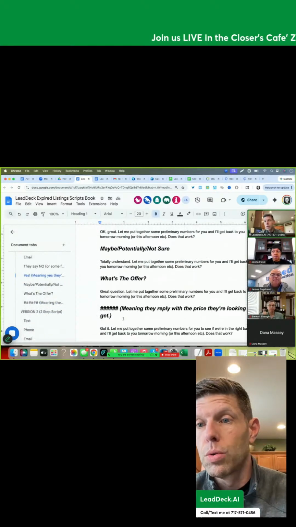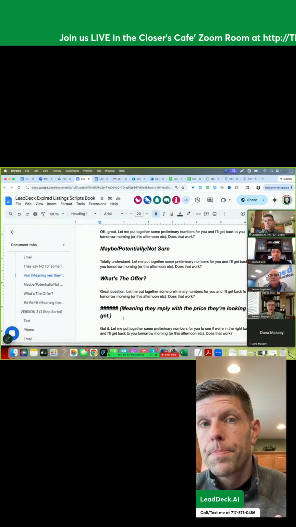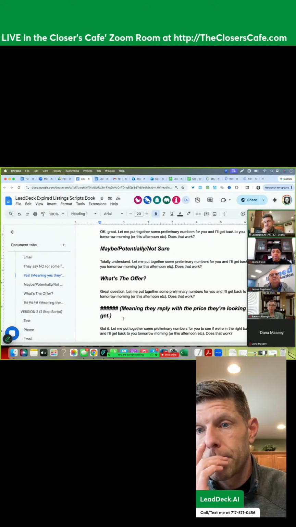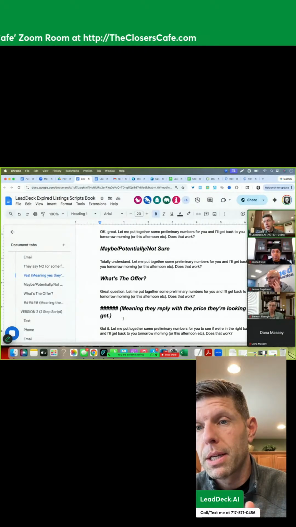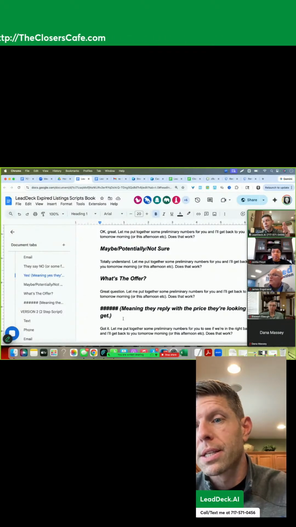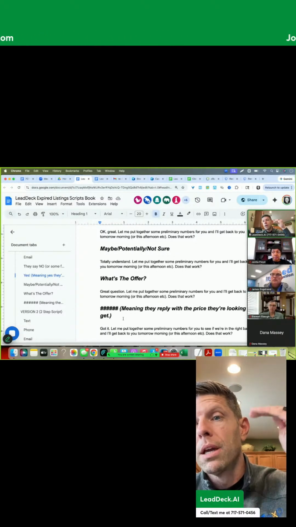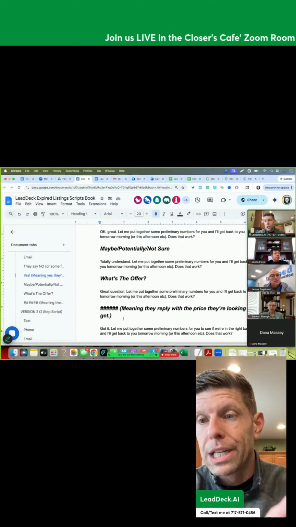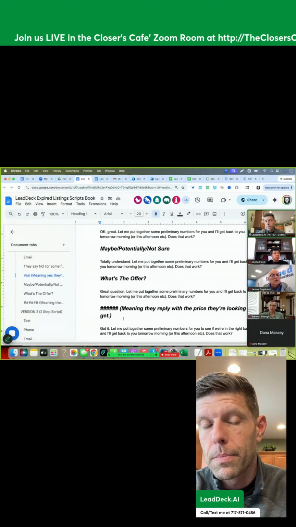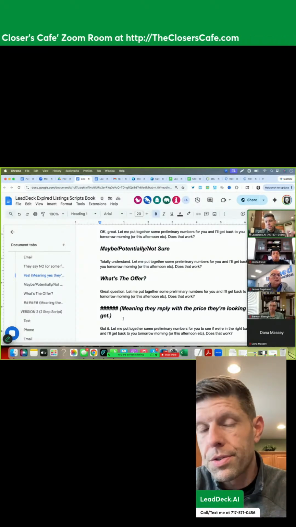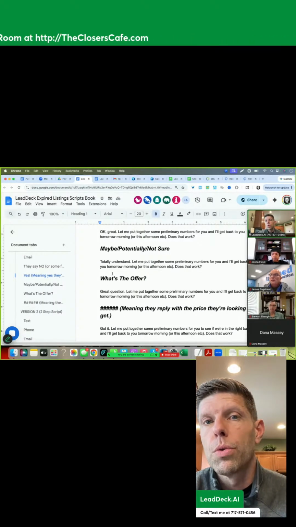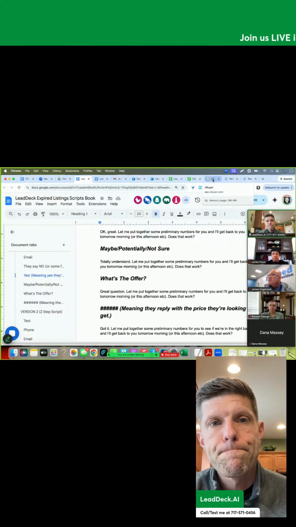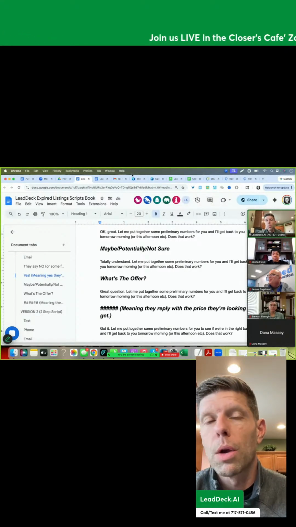And I will do that too, even with my existing database. So if I'm super busy and I still want to get something out, I will send something that intentionally will get me fewer replies, but those replies are more likely to be legitimately motivated. It's just marrying your resources, what you have and what you need more of. So these are all a work in progress,